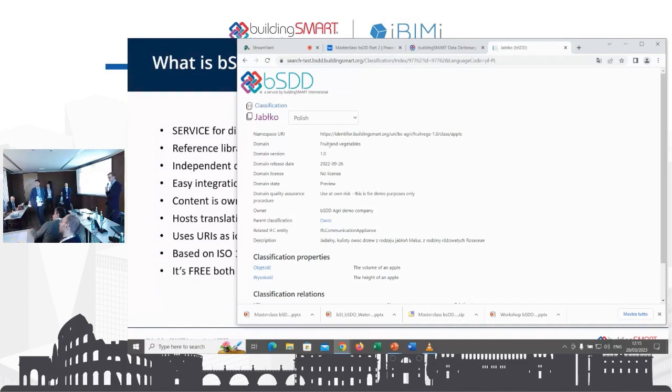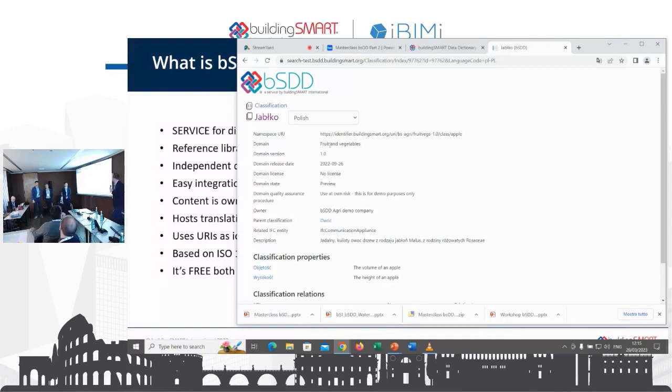Okay, good question. There are many things we have on our long list to implement. One of them is change history between different versions. And regarding what you just mentioned, we have a very big test environment which is used more than the actual bSDD, because many companies are experimenting. I think the example you gave is from the test domain.